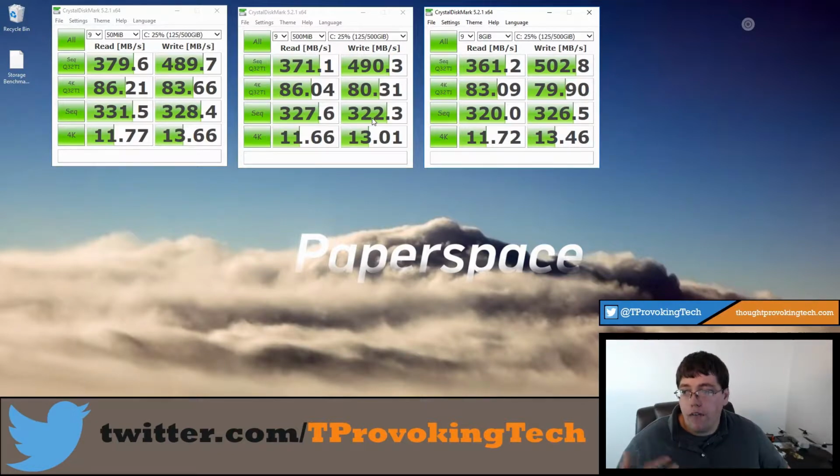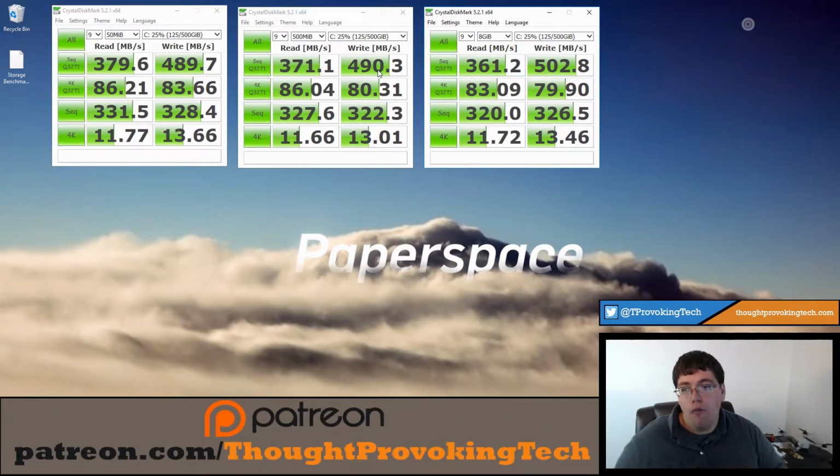Whereas you have like an 8-fold increase with random by having multi-threads and multi-queues. So just a little bit of insight into the actual performance test. This is Crystal Disk Mark. It is entirely free. You can run this on your local machine to have an apples to apples test of what you're actually going to experience from your local machine and what you're going to experience on the